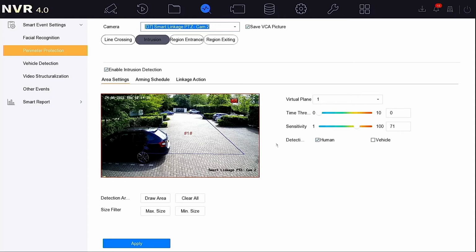So let's just go through some of the options that we've got here. We've got time threshold over on the right-hand side. And that means the amount of time that the target is inside of the box before it generates an alert. We've also got sensitivity underneath from a scale from 1 to 100. And that's a percentage of the target that needs to be inside the box before it generates an alert. So in this example, we've got it set to 71. So if my maths is right, that will be 29% of the target will need to be inside of that box